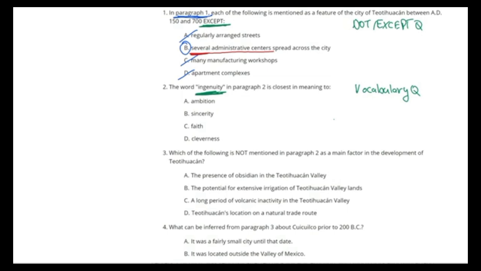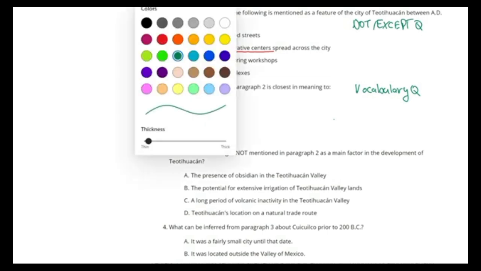You do not have to go back to the text and make a second check because you know the word. This saves you a lot of time. That's amazing. But what happens if you have absolutely no idea what ingenuity means? Let's assume the worst case. You don't know the word. What do you do? The first thing you do is go to the part in the text where you can find